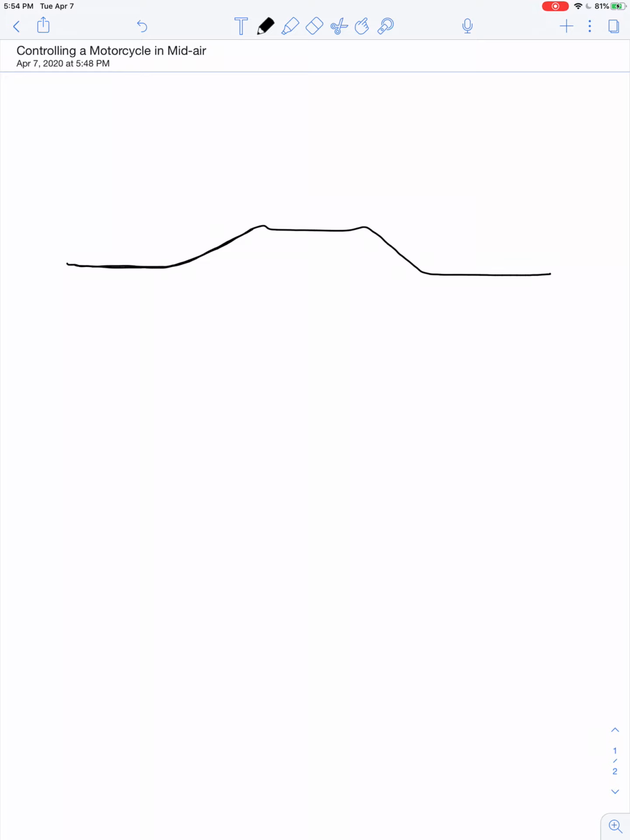So let's see if I can draw a motorcycle. I don't know. Something like this. Well, as we rode toward the jump with our helmets on,